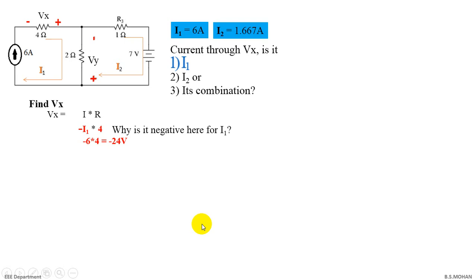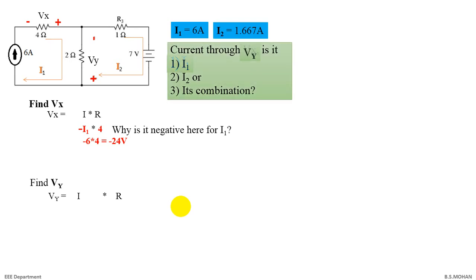Fine. Now let us go to the next question. As given in the question, you will find Vy. Where is Vy? Vy is across 2 ohms, right? And remember, they have also marked the polarity as plus and minus. I repeat, this polarity is given, we have not marked the polarity for Vy or Vx. By Ohm's law, Vy is I into R. What is R? R is across Vy, which is 2 ohms.